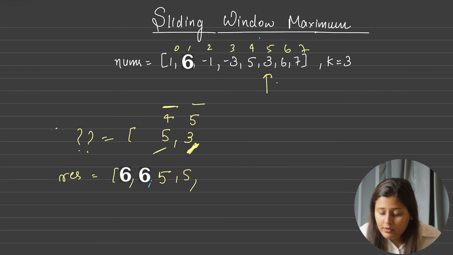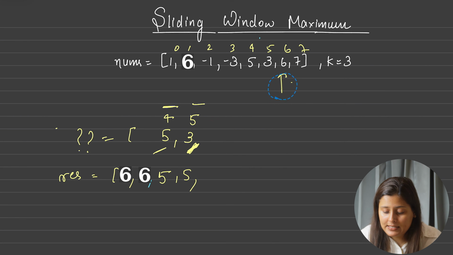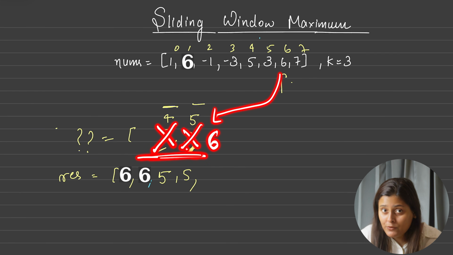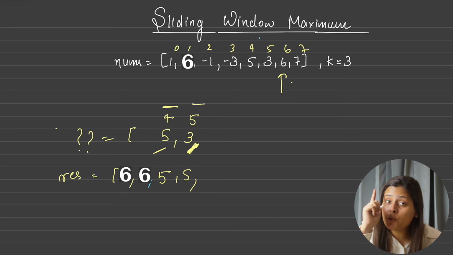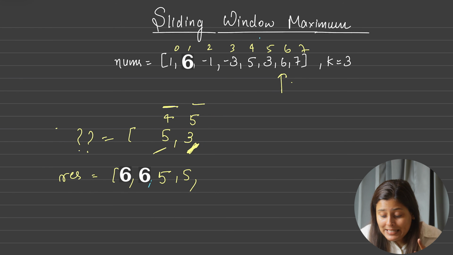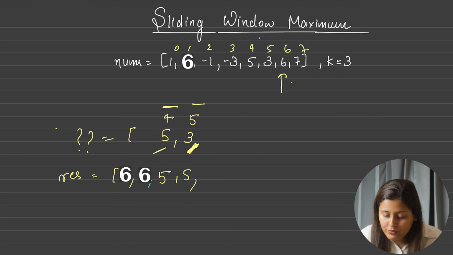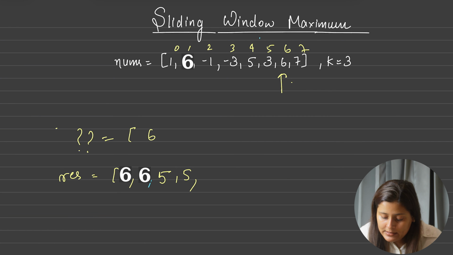Now next time we will move this ahead and we will say 6. So I am bringing this 6 into the data structure, and as 3 is smaller we will pop, and 5 is also smaller, we will pop. To pop this, we will not use that if condition. Remember, we will use the while condition. Until the present value in the DQ is smaller than the upcoming value, we will remove all of them. So I will remove both of these numbers because they are of no use, and 6 goes in with index 6 only.